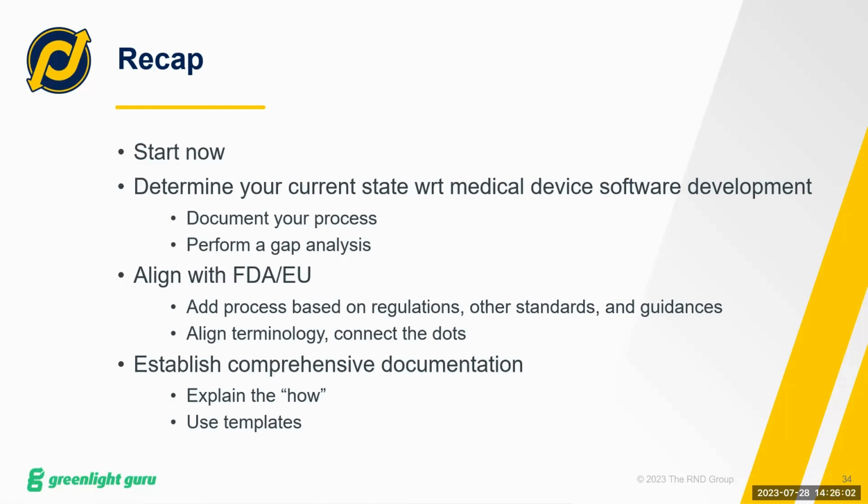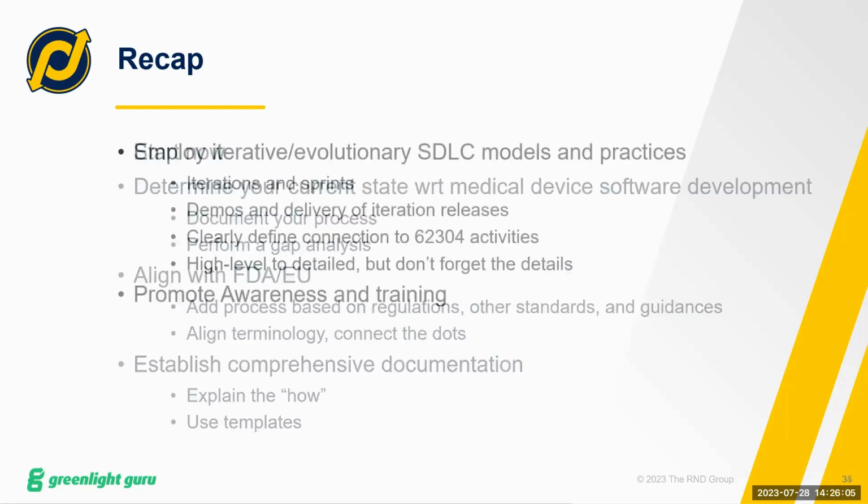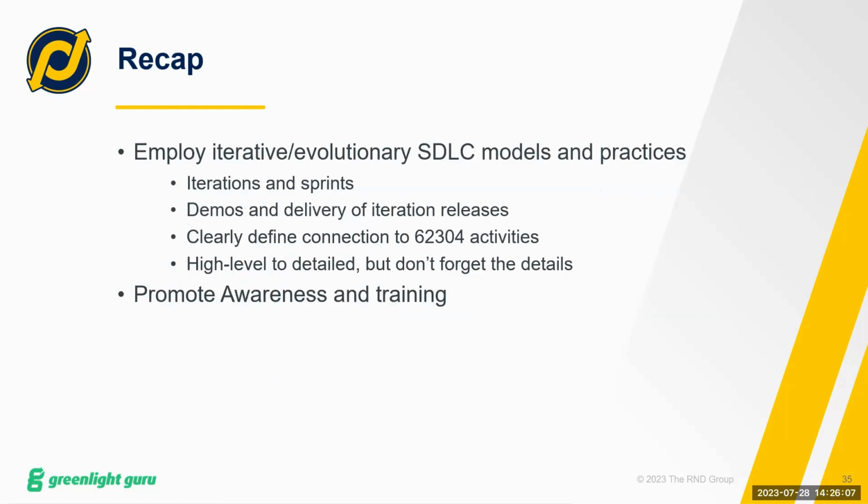Use templates so that you can produce comprehensive project documentation. Take a look at some iterative, evolutionary, agile related models. Like I said, you don't have to use the model straight out of the textbook as it's defined. You can create your own software development lifecycle model, what works best for you, and incorporate the best of all of those into your own. But especially important, I think, are iterations, and if you want to use sprints, some type of iteration. Make sure you're doing demos, deliveries,